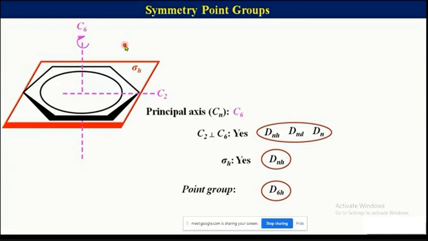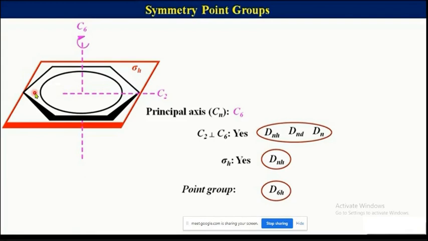But what criteria you need to find out is whether any C2 is having a 90-degree orientation or not. If it is not 90, suppose you are taking this C2, but then in that case, you have to find out every other C2 that is also possible in the molecule. Then this one is possible. If you see, this one is possible. And if you see, this one is possible. Agreed or not? If you join this point to this point, 1 C2. Agreed? If you join this point to this point, another C2. So how many types of C2s are present? 3 C2s, right? I agree that it cannot be easily visualized if you add up the diagonal C2.